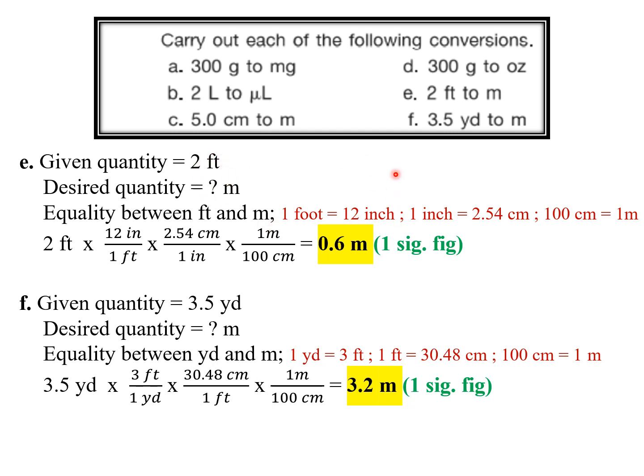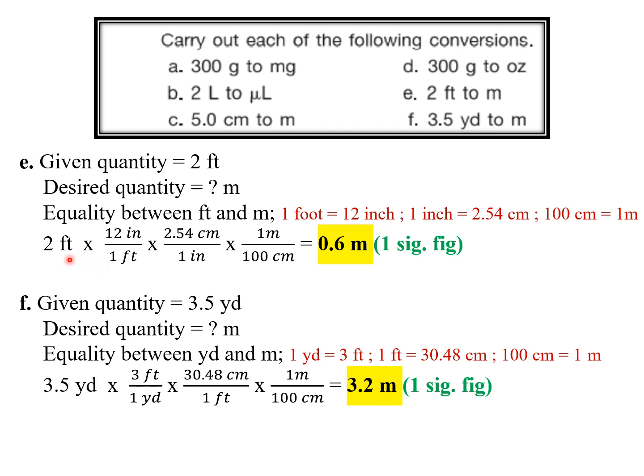You can convert feet into inches first, because then we can find another relationship between inch and centimeters. 1 inch is equal to 2.54 centimeters. So if you know centimeters, you can easily calculate centimeters into meters. So let's apply this calculation using 3 conversion factors. There are 3 equalities given. Foot, inch, one equality, inch, centimeter, another equality, centimeter, meter, another equality. So if you want, you can apply this calculation in 3 separate steps, but here I apply in one single